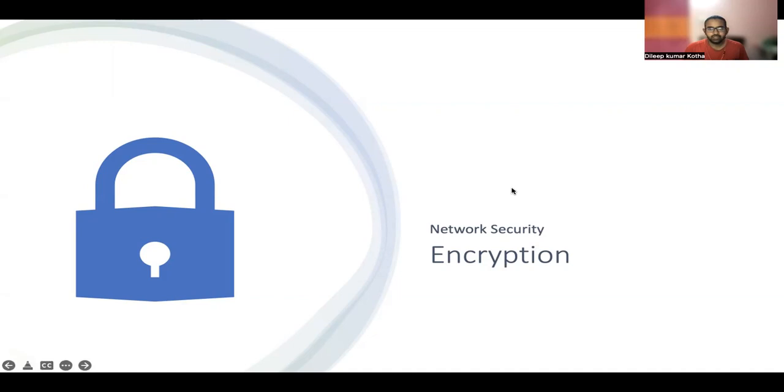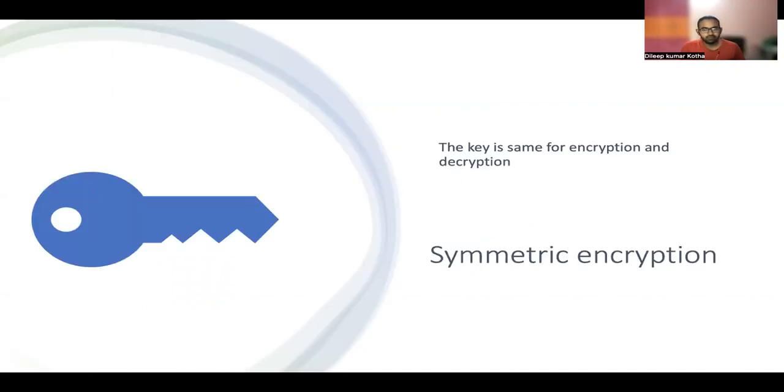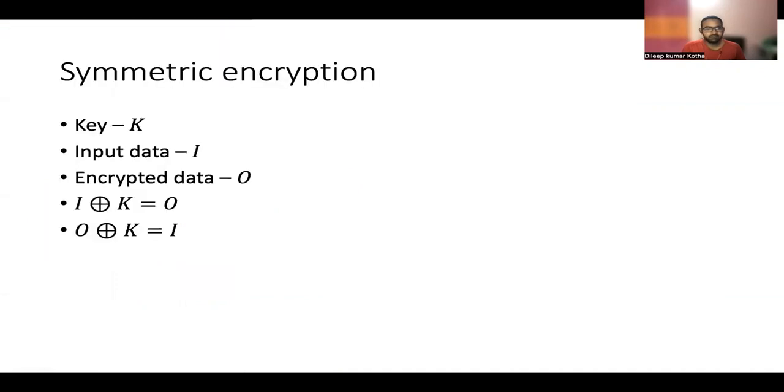There are two main types of encryption. One is symmetric encryption and the other one is asymmetric encryption. Symmetric encryption, in simple terms: if we use the same key for encryption as well as decryption, we call it symmetric encryption. For example,